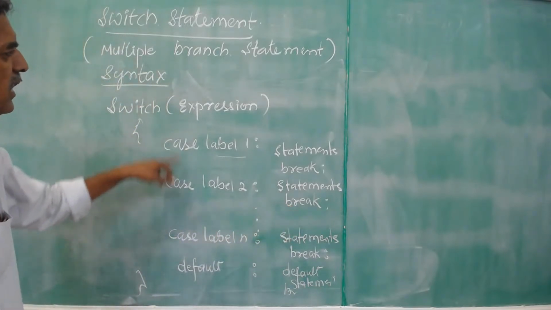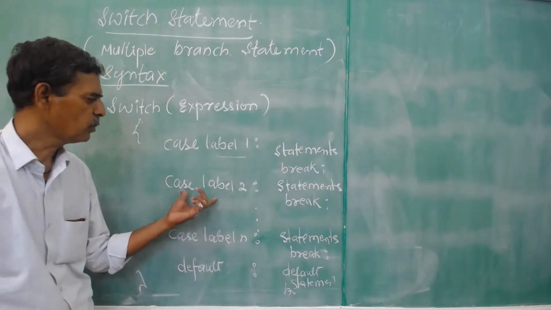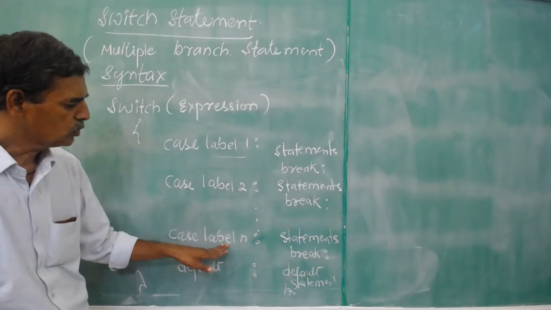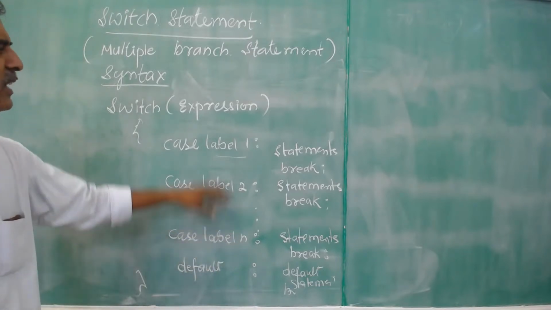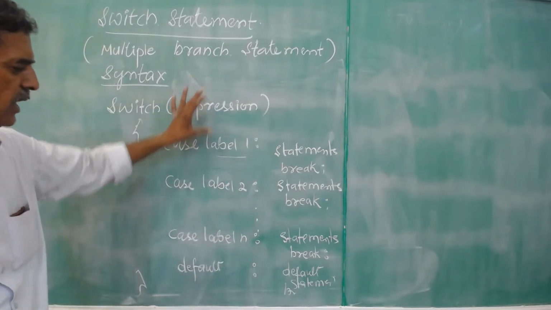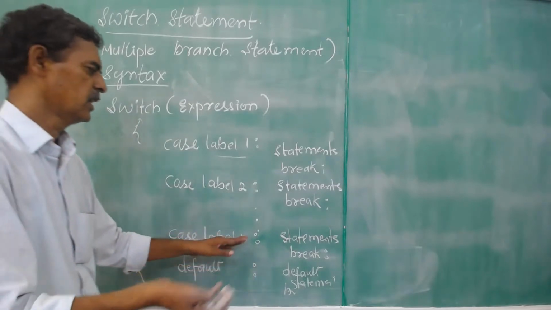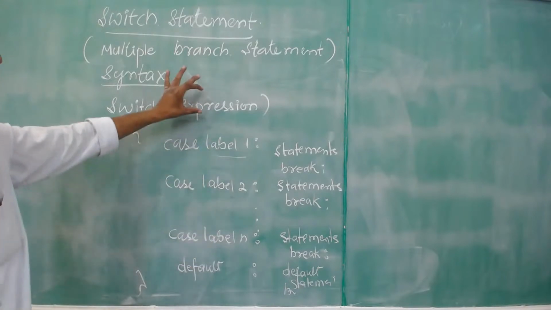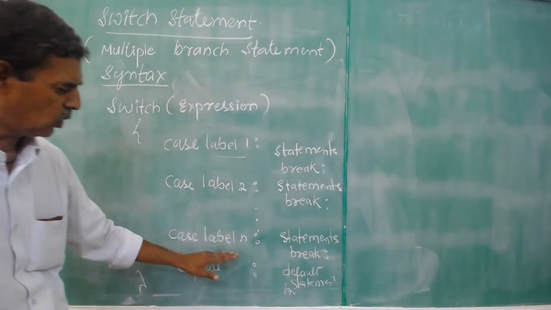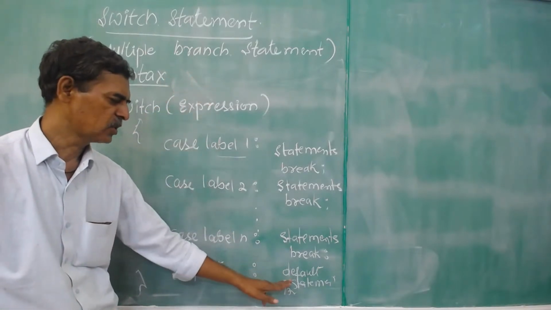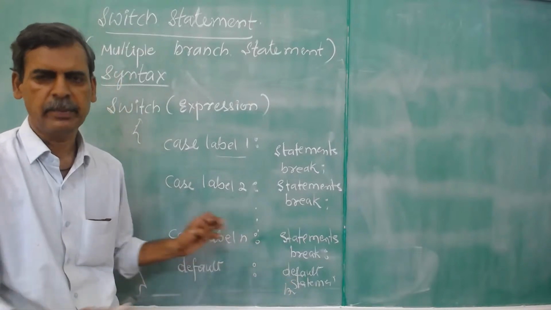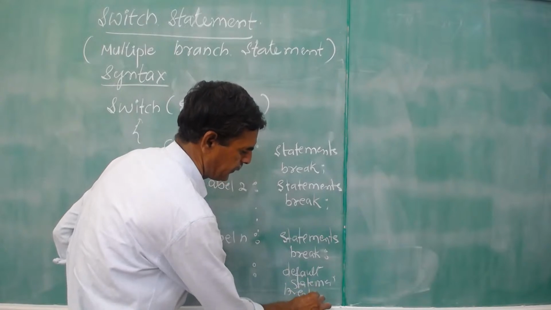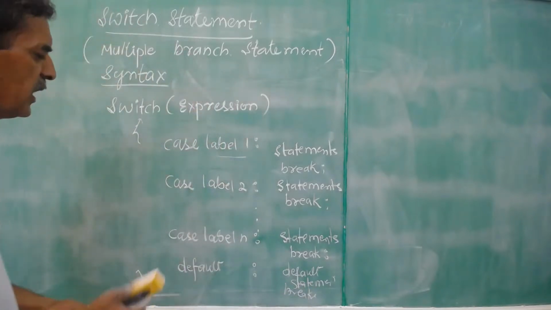Then, if there is no match between case level 1 and case level 2, it goes to case level 3. If there is a match between the value of this expression and case level 3, then statements in this block are executed. If there is no match between the value of this expression and all the case levels, then the default statement is executed and it breaks. Okay? So the block diagram for this is